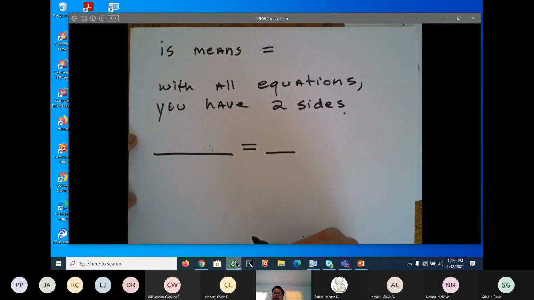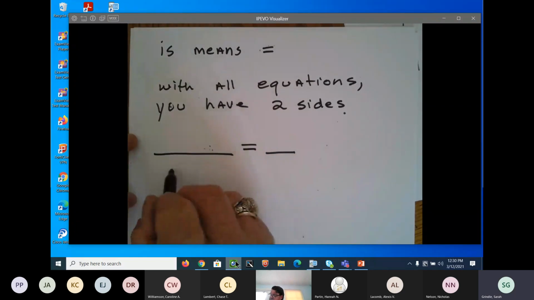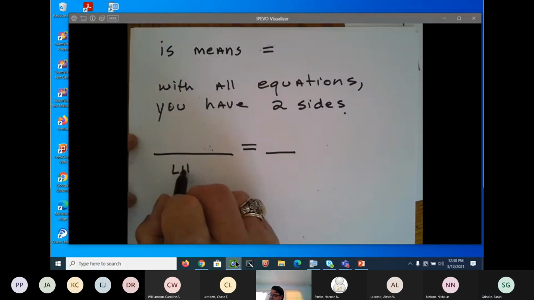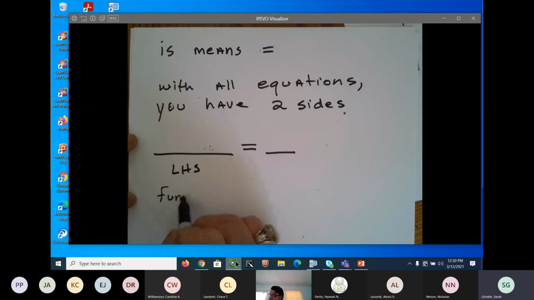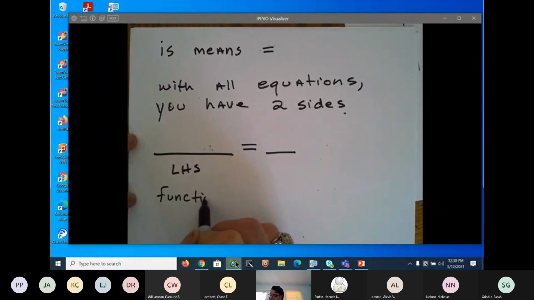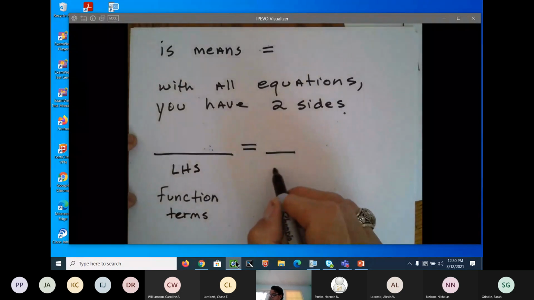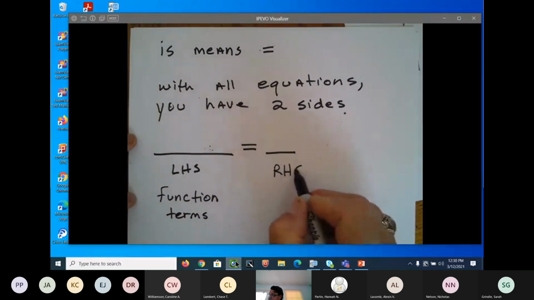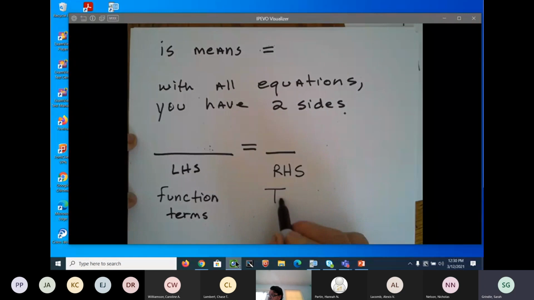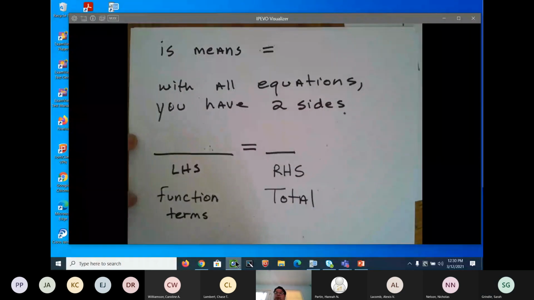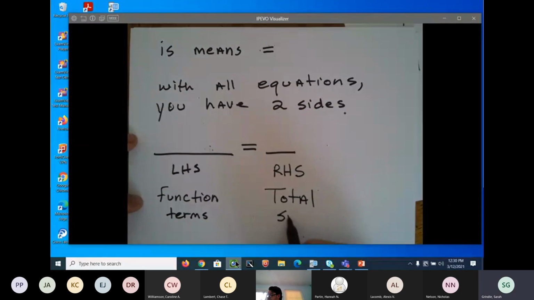The right-hand side of the equal sign. The left-hand side is usually made up of the function or the terms that are being used. Somebody tell me what the right-hand side is usually. Answer? It's usually the total or the sum